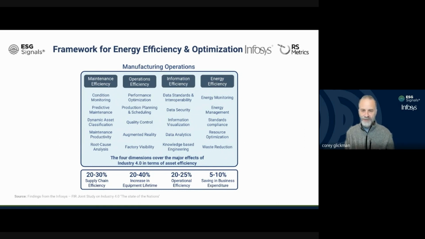So we use it where it's necessary, but if we can get the same results through data and other ways of visualizing that data, then we're also reducing carbon footprint and energy. And then, of course, the factory viability components. When we look at doing this, we can actually increase equipment lifelines by 20 to 40%.